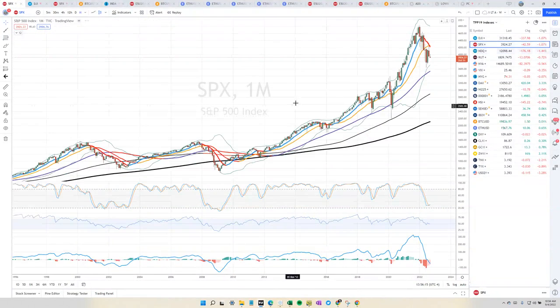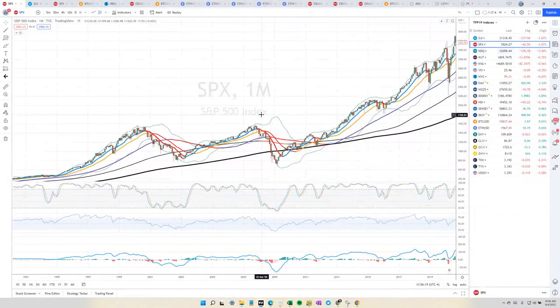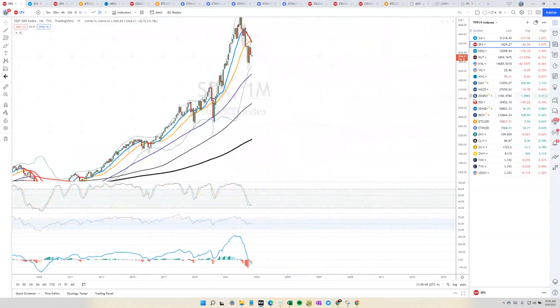So let's look at the S&P. 2008: down to the lower band, a weak bounce, another move to the lower band, a better bounce up to that 10 MA, 20 MA combo, and then the real bear market started. In 2000: down to the lower band, bounced back up to the 10 MA, 20 MA, another move below the band, another bounce to the 20 MA, lower, bounce to the 10 MA, lower. So in that view,